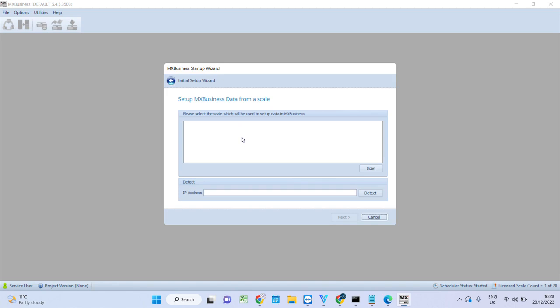Sometimes it can't find it. If you can't find it, click the scan. If you still can't find it, type in the IP address and click detect. That should find it, and when it does, click next. And when you click next again, it will import all the data from the scale into MX Business as a project, and you'll be able to have a look at the data and change it. So if we just go back,